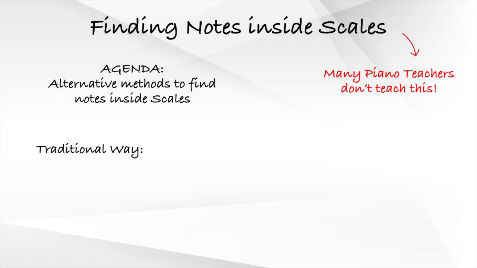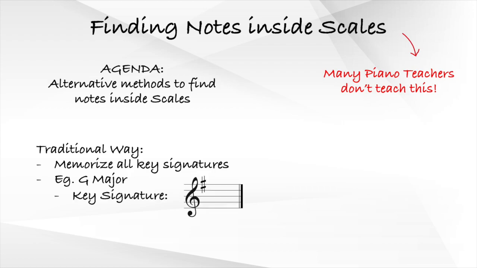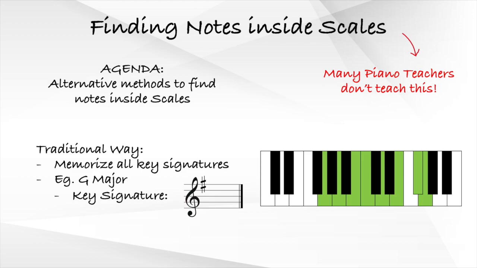For those of us who have taken some classical lessons, we learned the traditional way of finding scales, which was to memorize all the key signatures for each scale. For instance, let's say we need to find the notes in a G major scale. To do this, we would need to know its key signature from memory, which is F sharp, and play the notes from a lower G to a higher G while adding a sharp or flat to every note found in